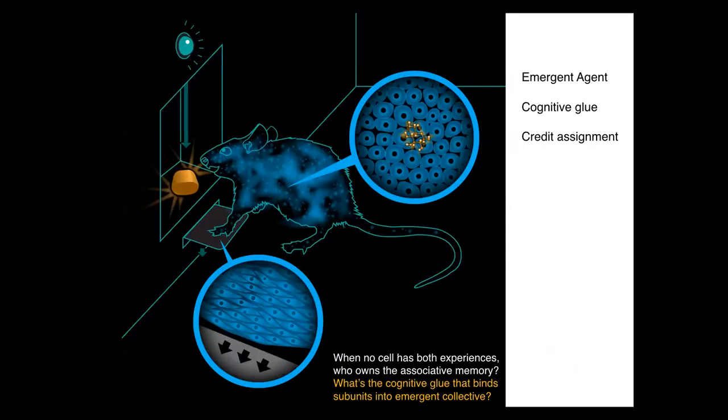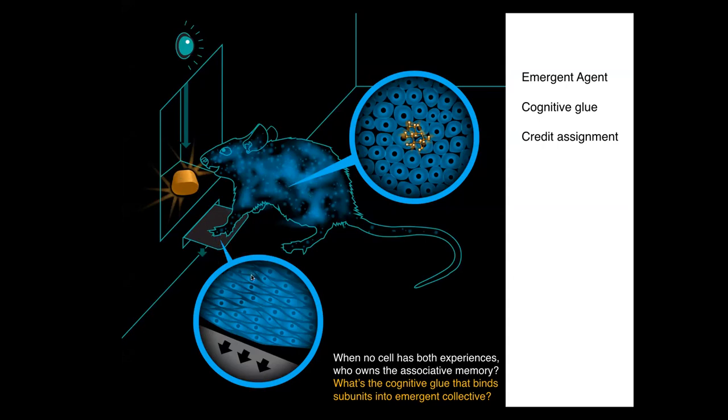So in order to think about what this means ultimately for definitive regenerative medicine, I want to start thinking about this idea of scaling up control systems. So here we have a rat. And this rat has learned to press the lever. It gets a tasty reward. Now, that associative memory does not belong to any cell in the rat, because no individual cell had that experience. So the lever was interacted with by the cells at the paws. The sugar is obtained by these intestinal cells. No individual cell had this experience.